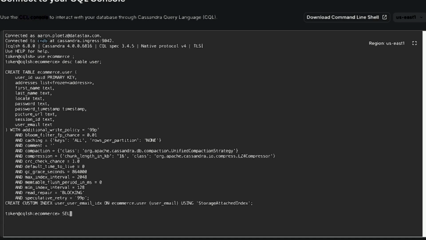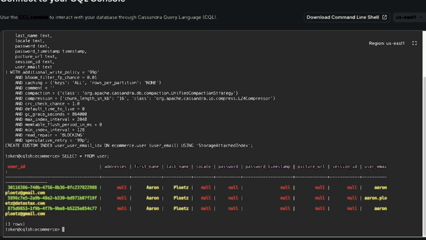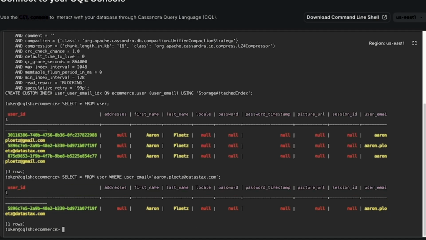We could say select star from user. Okay, we have our rows out there. Let's see if it'll work this time. Where user email equals aaron.plutz@datastax.com. Hey, there we go. We just must have needed to give it a little bit of time to get that index build to run. So, okay, we have this working.